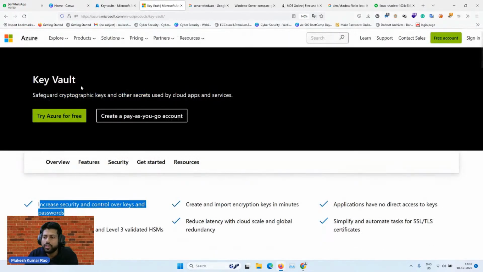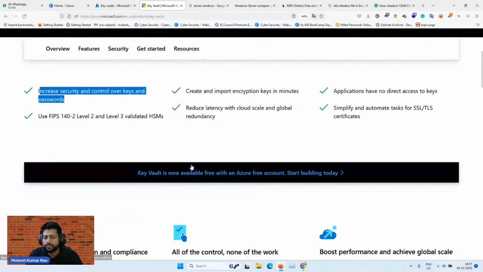Just like a bank vault where we put our jewelry or cash and lock it, the same approach you can have in Azure.